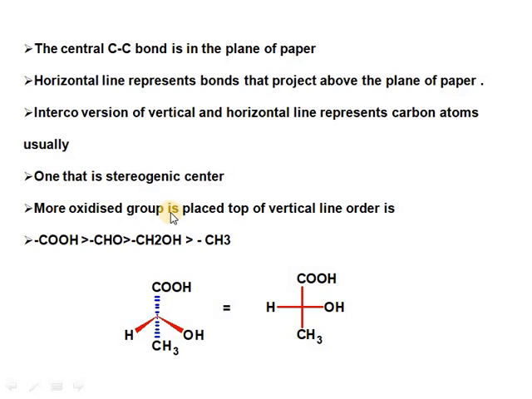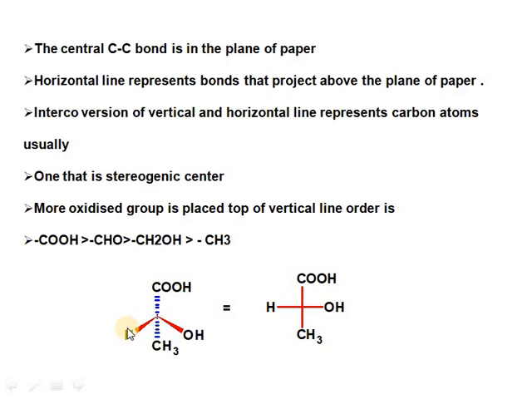The more oxidized carbon atom is mainly placed at the top of the vertical line, as the order is COH greater than CHO greater than CH2 greater than CH3. For example, lactic acid, the Fischer formula can be written in this manner. The more oxidized group is placed at the top in the vertical line, and two groups which are projecting